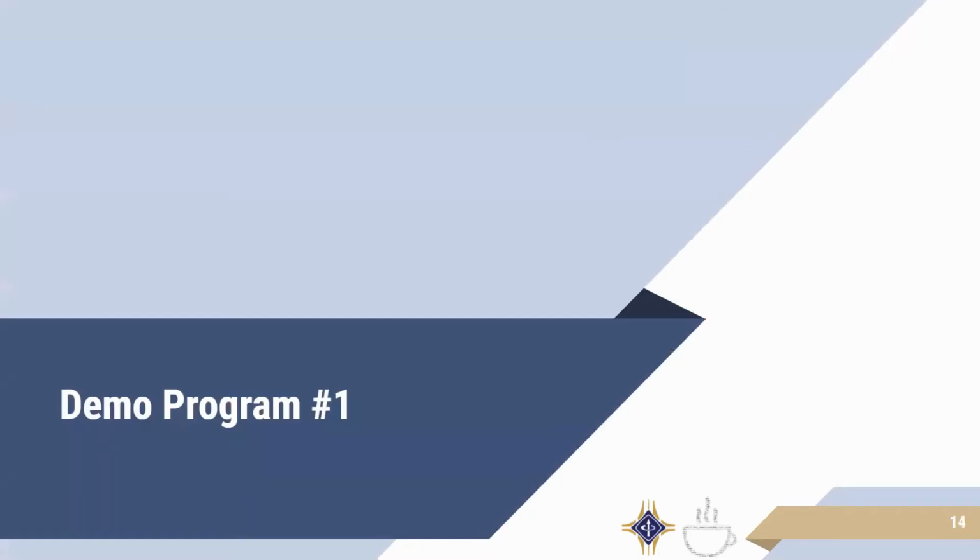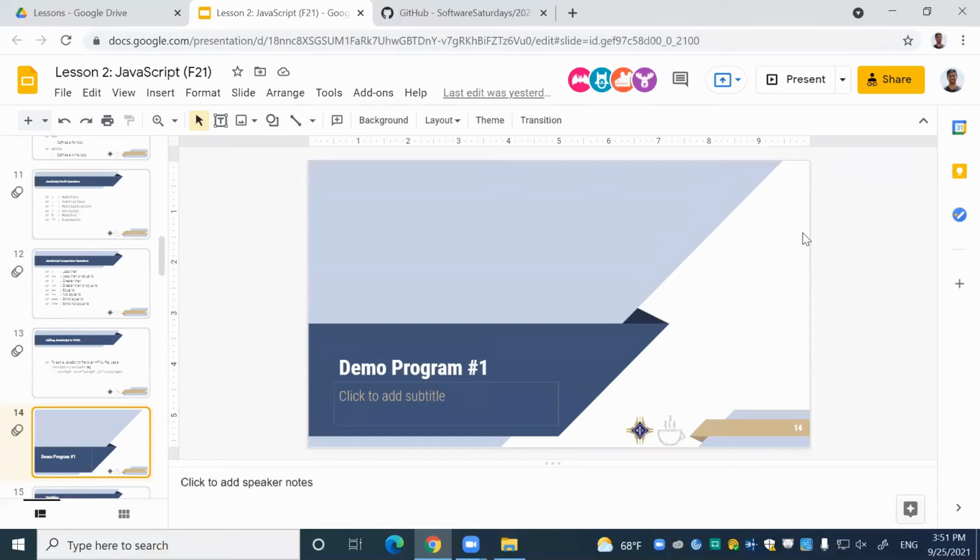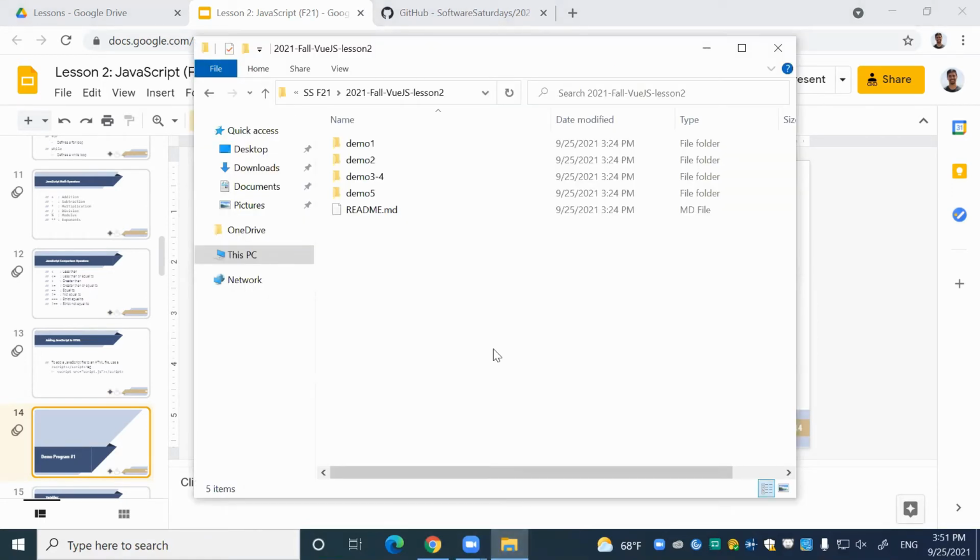Cool. So let's quickly show off a demo program to see how all of these things come together. I'm going to have to, can't see very well here. So we'll do this. There we go. So I have a couple demo files from the GitHub. So if you need a reference what those look like, they're on the GitHub, demo 1 here. And